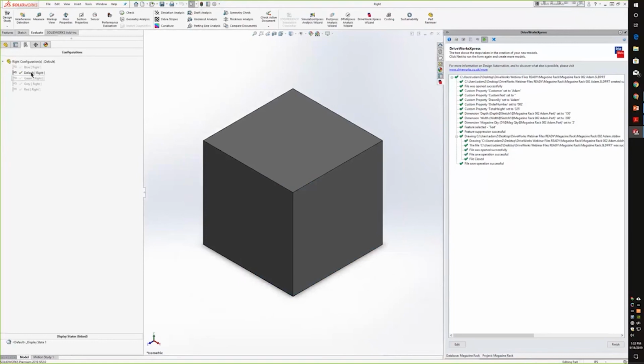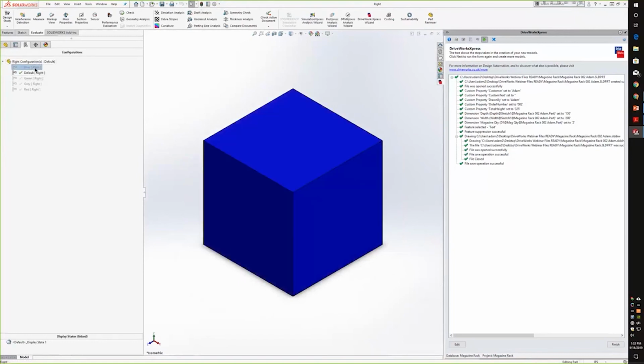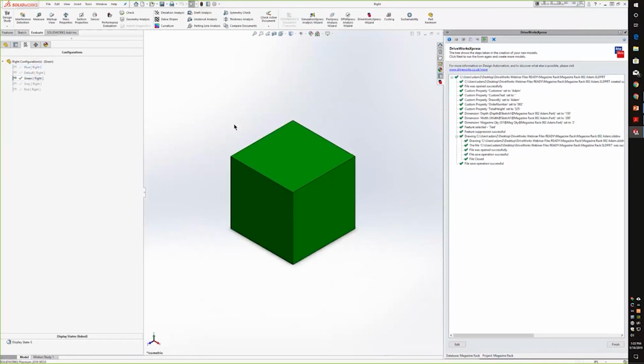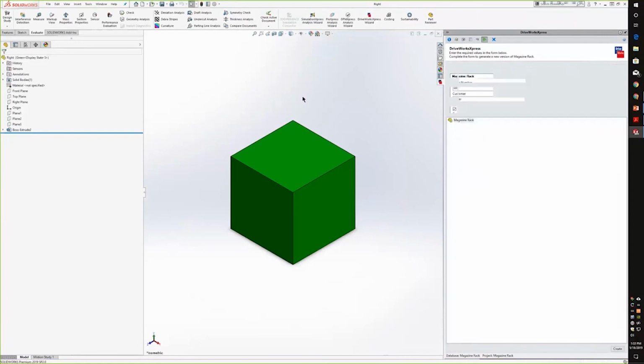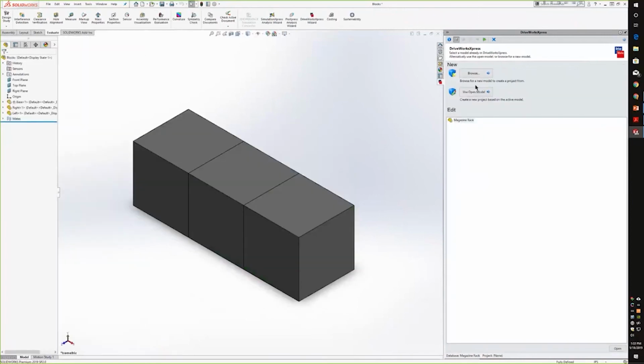But just to show you guys a little bit of working in assemblies, this block does have a few configurations. So each of these 3 blocks has a blue configuration, a green, a gray, and a red. And all that really does is I just change the appearance. But obviously, if you wanted to either implement more dimensional changes or features, you're able to do that. But just for the simplicity and to kind of show you how to work with assemblies, all I did was made a couple configurations, each of which have a different color. But what I'll show you guys here is I did already make a